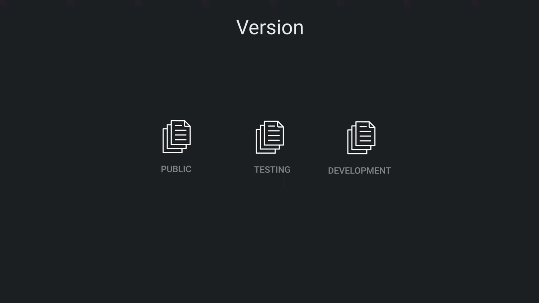The solution is to make different copies or versions of the same code base. Each version represents a change to the code base. A version will release to the public, a version for testing, a version for the current thing you're working on, etc. This way I can work on my own version and run or test my code whenever I want without